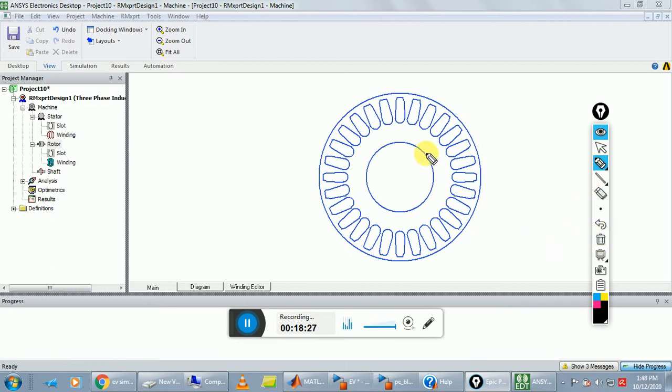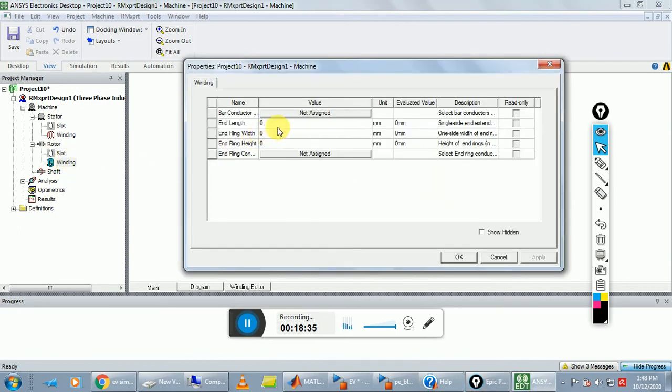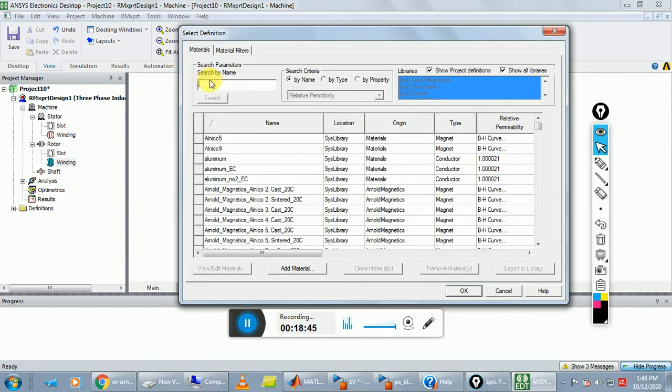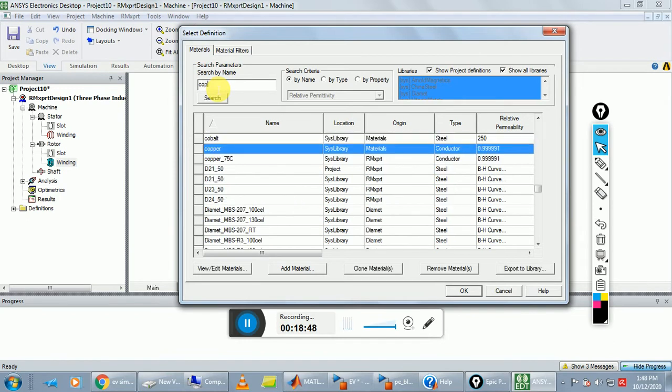Next step is again go to project manager and double click on winding. Here we create a rotor winding with the help of copper material. So bar conductor is copper, right, search copper.